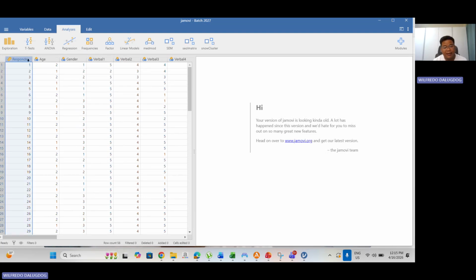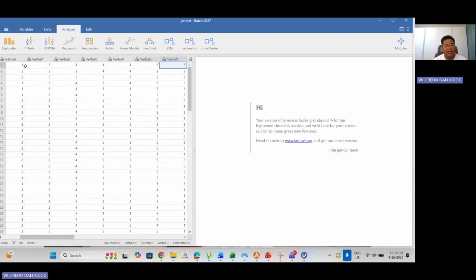Since this is a dummy data for the purpose of statistics, to share with you how I do my statistics. From respondent one, you have to encode in your Excel file, you have to encode horizontally the responses of the respondents.